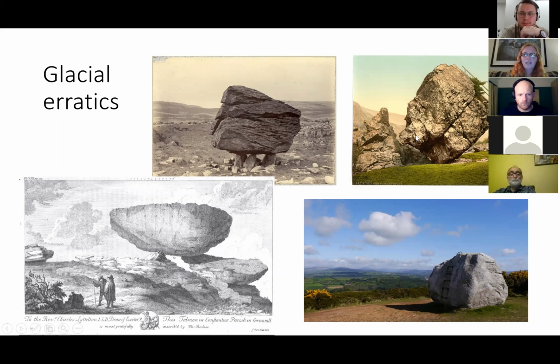This is one that's close to me. This is the Bowder Stone up in Cumbria. It's a popular visitor attraction. This is another one with its own little ladder in Ireland, in County Wicklow. But perhaps the most instructive one of these is this site at the bottom, of which there is only a